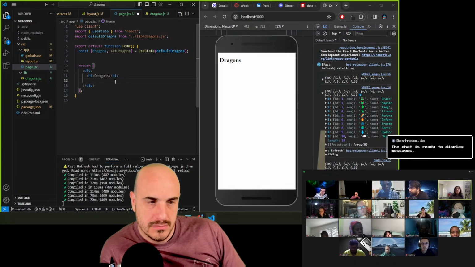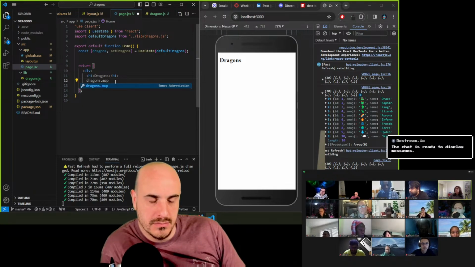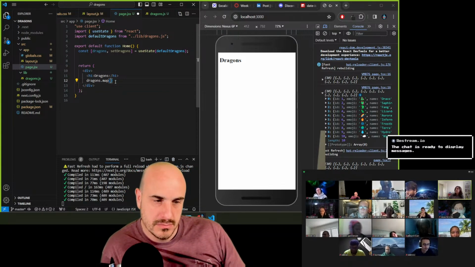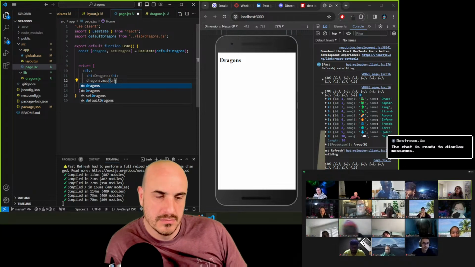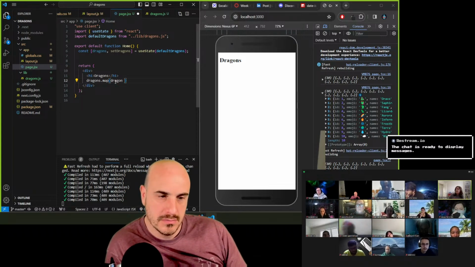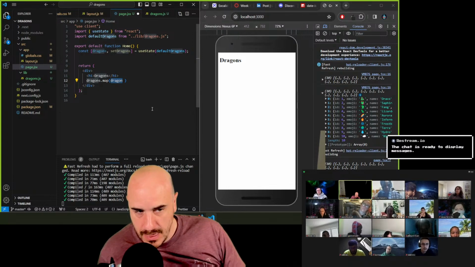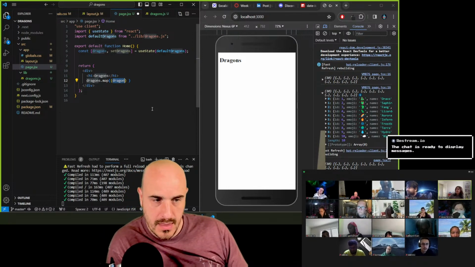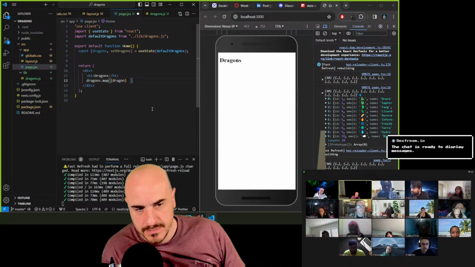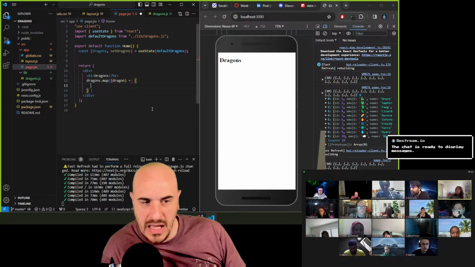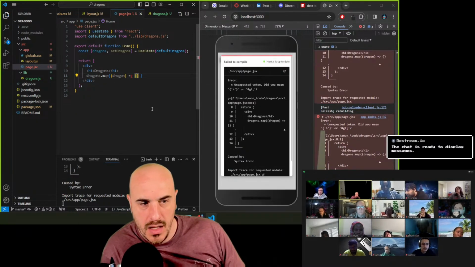So it would be dragons dot map and then parentheses. And then you would pass dragon as a parameter. And then I think you need to put them in parentheses. Dragon in parentheses? I think, I can't remember the syntax. Sure, doesn't hurt. And then the fat arrow, and then curly braces. Yeah, let's pause there though. This is a great start. But